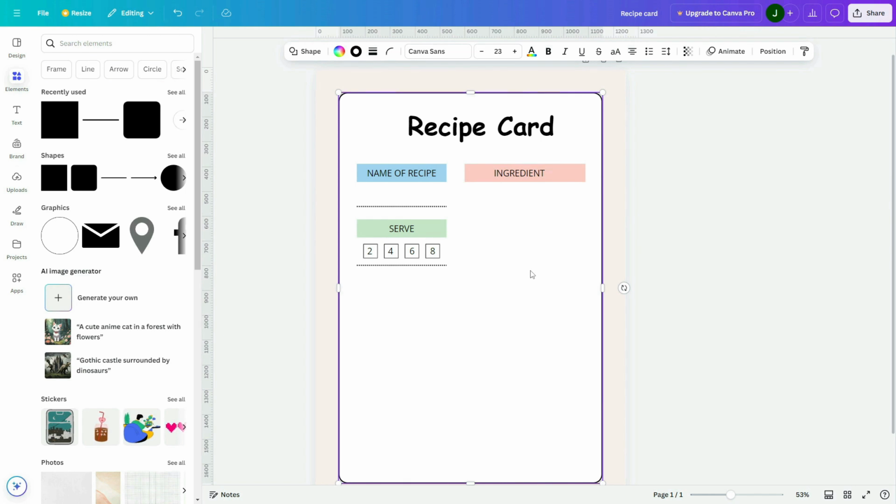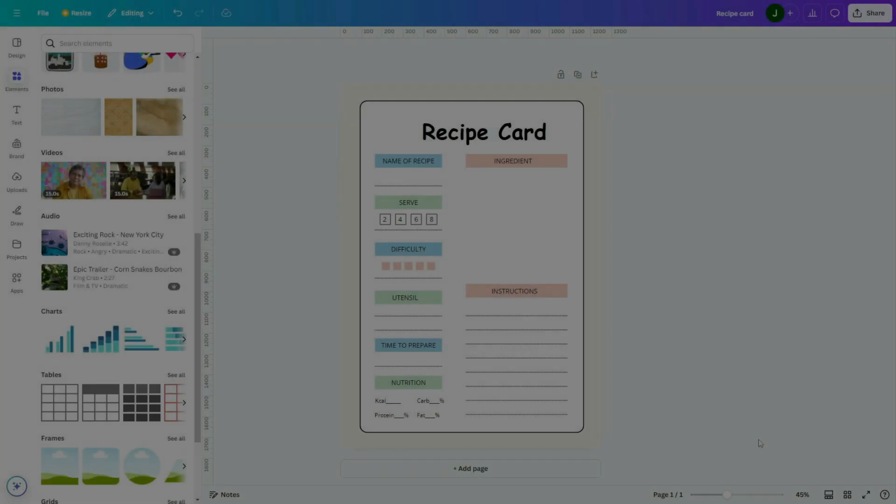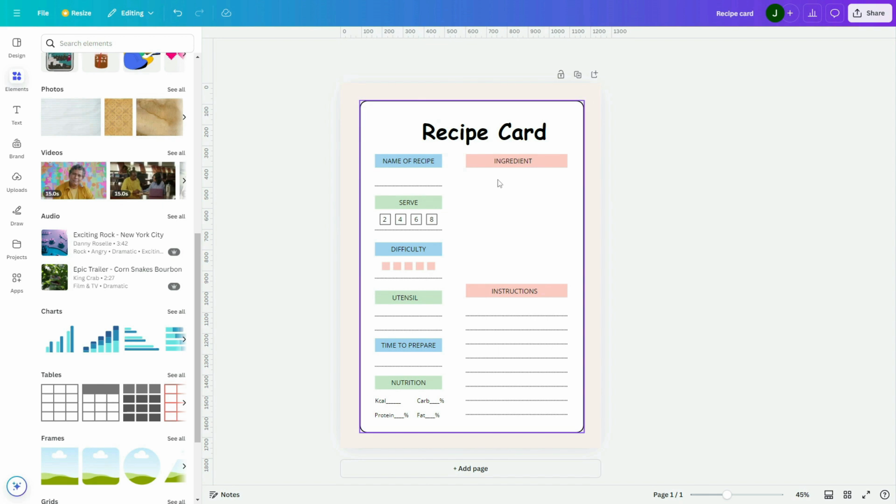I will follow the same process to create all the remaining checklist headings, so I won't show each one in detail. Let's move directly to the next design steps. As you can see, I've added 5 more checklist columns to my recipe card. First, I created a